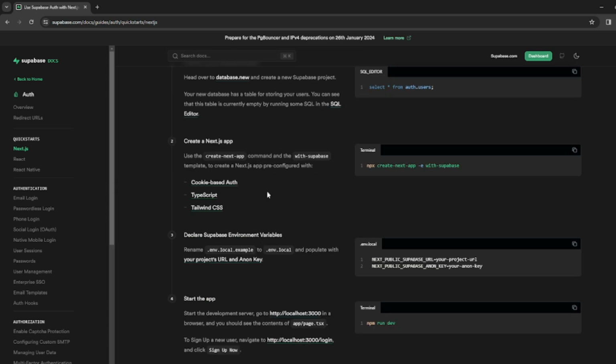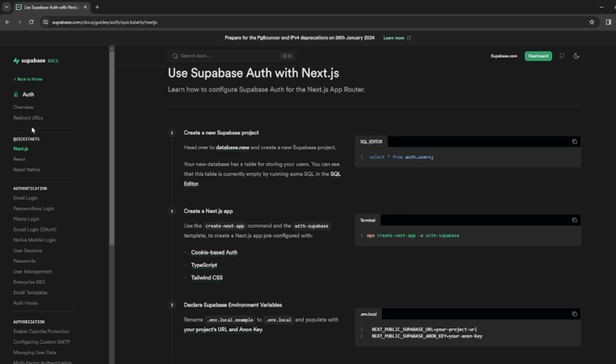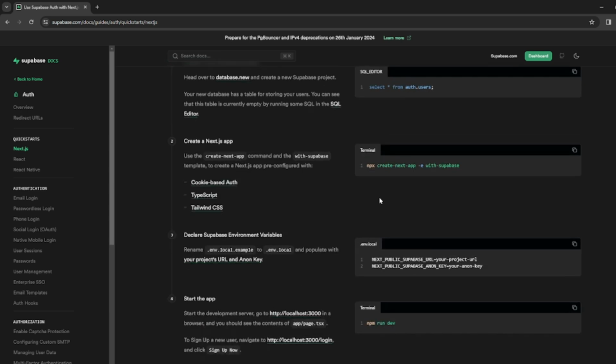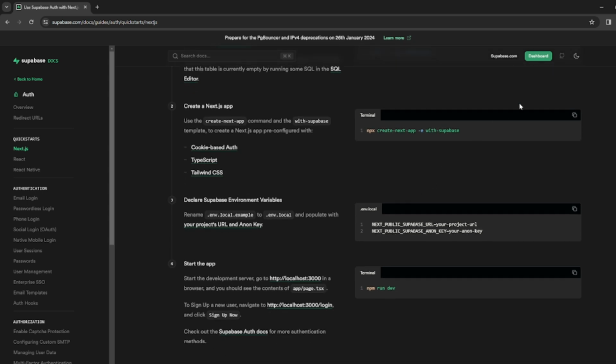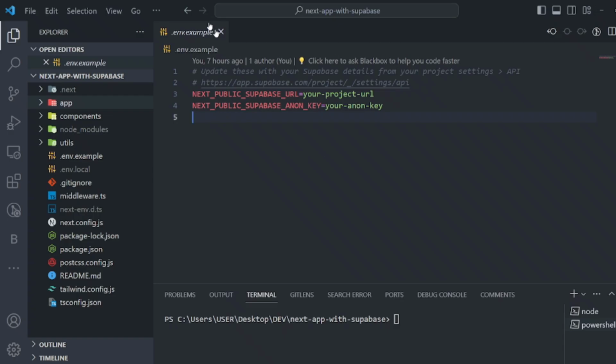So yeah, instead of trying to create the whole project and do the setup from scratch, which we can, actually the documentation is also there. We can easily and quickly spin up a new project using this command. And when you create a new project, you would notice that here you have an env.example file, which